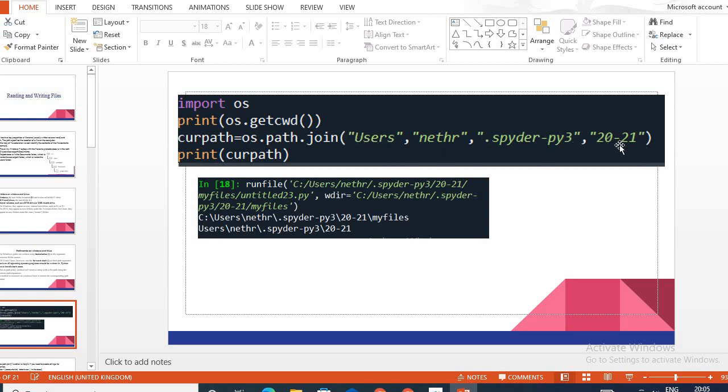So when I pass all these as strings, it uses the slash which is supported on my system. On my system, I am using the Windows operating system, so it will be using the backward slashes in order to provide the path name. So you can see that